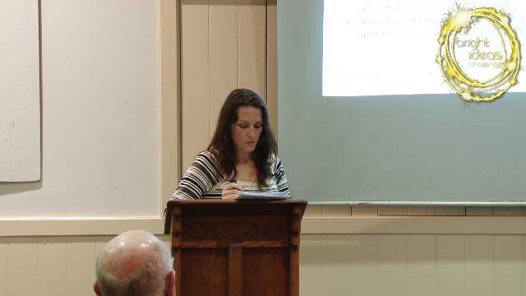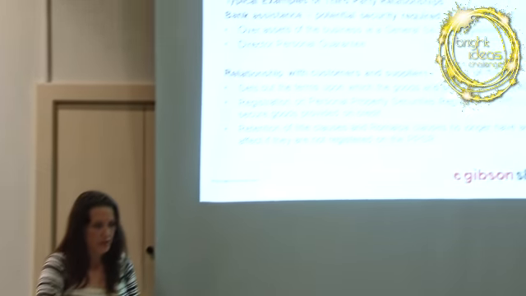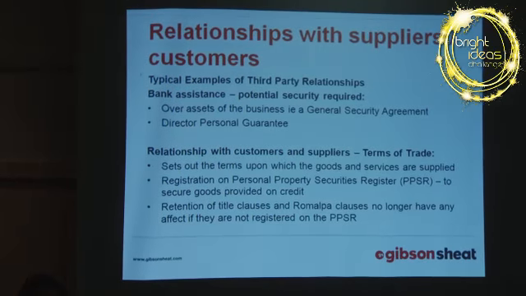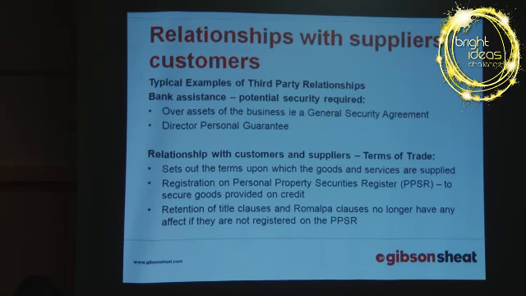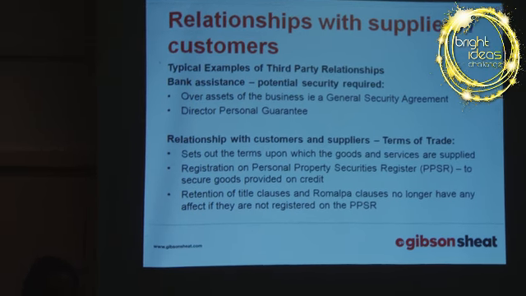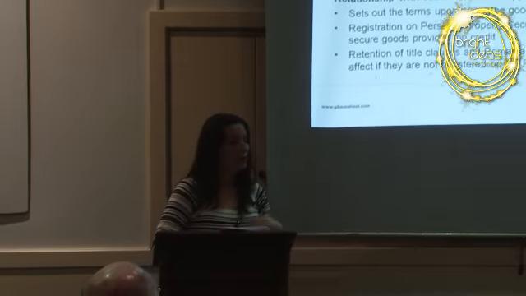Now, clauses like that don't work on their own anymore. What you need to do is have a registration on the Personal Property Securities Register. Now, that is an online register, essentially, of security interests. So, if there is no registration on that register, then your rights to the goods that you've supplied on credit are relegated to the status of an unsecured creditor. So anyone with a registration on the PPSR whose rights potentially will include the goods that you've provided, such as a general security agreement that the bank might have taken over that customer's assets, they're going to have a prior right to those goods in satisfaction of their debt. So you may not be able to claw them back.